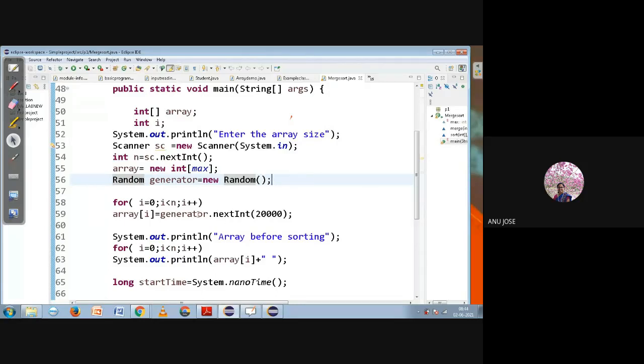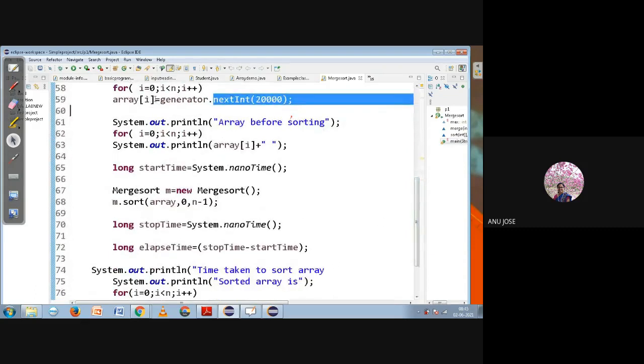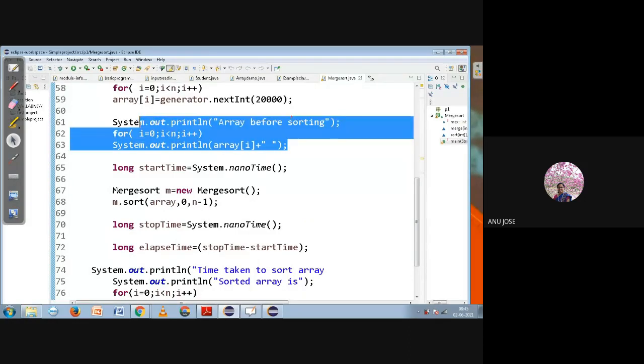After that, we are generating the random integer. I showed you how you can write the code for that. So nextInt, inside that it has given the value 20,000. So within the range of 20,000, it generates a random number and stores it in the array at index i. Then going into the main, what are the other things? I don't know what values have been generated in the array, so just for my understanding, I am printing the values. What random numbers have been generated will be printed, so that I will get to know the content of the array before sorting.